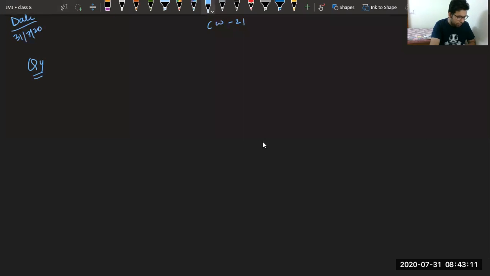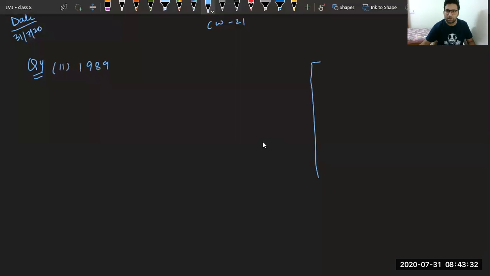Find the least number which must be subtracted from each of the following numbers so as to get a perfect square. This was very easy when we want to subtract something. So suppose you take question second part, that is 1989. I hope all of you have tried this already.